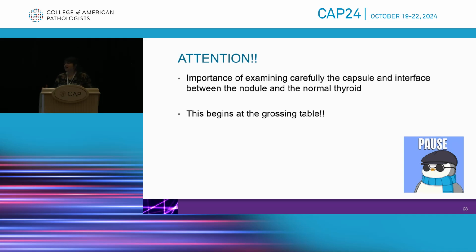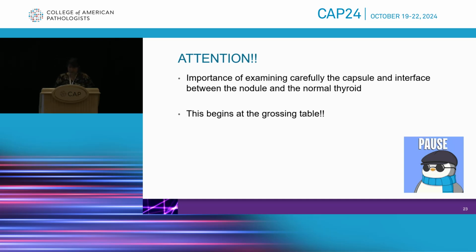So, like everything in pathology, and I'm sure in other lectures that you went to, everybody mentions that everything starts at the bench. And it is very important to keep that in mind. The importance of appropriately grossing the specimen is paramount. We mentioned that in order to be able to exclude capsular and vascular invasion, in order to exclude the presence of fibrovascular cores, we need to examine carefully the entire lesion. So we need to make sure that the entire interface between the nodule and the surrounding thyroid parenchyma is